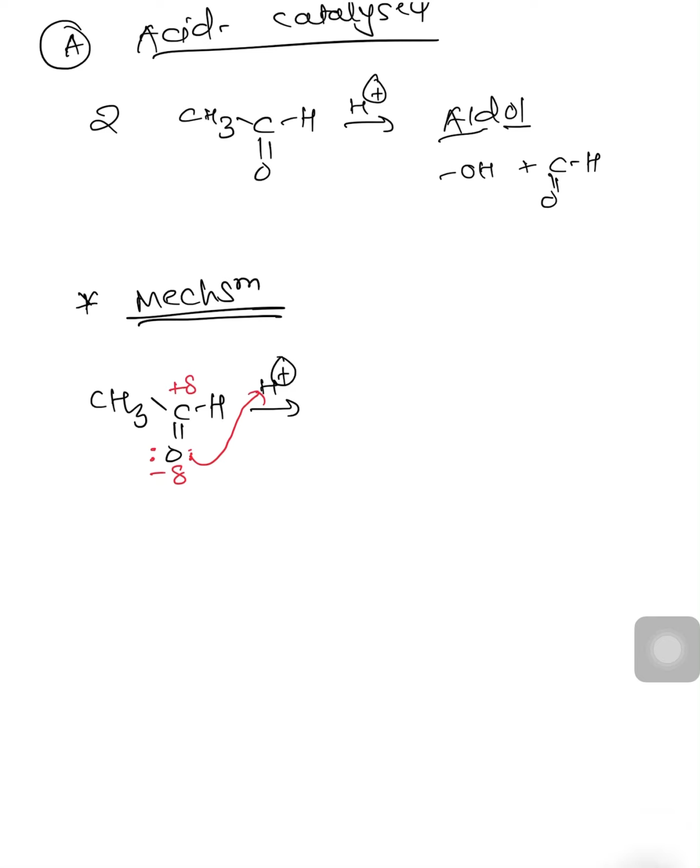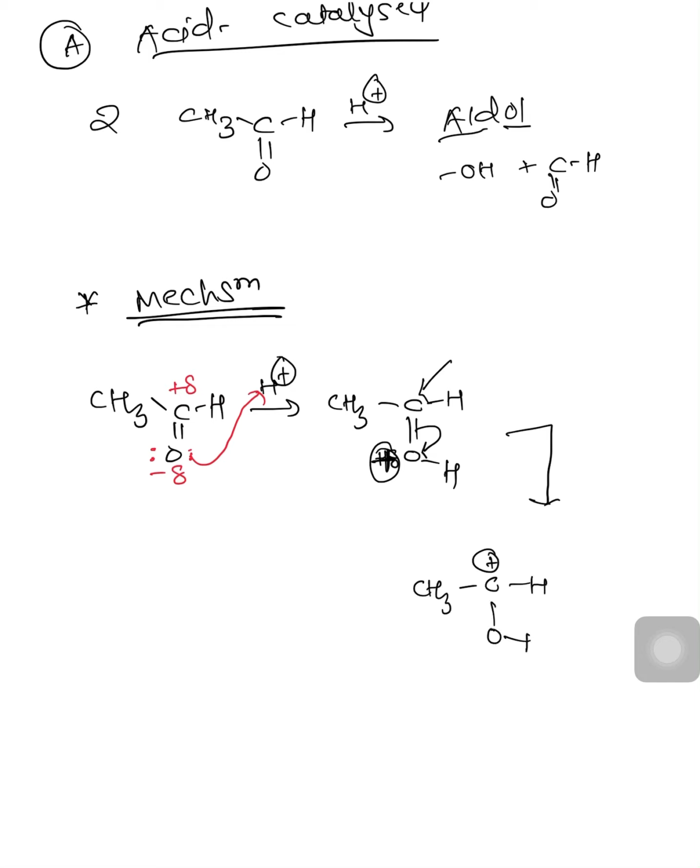When the electron pair shifts from oxygen towards hydrogen, there will be formation of a bond between oxygen and hydrogen, and as the electron pair has migrated from oxygen, now oxygen is electron deficient, so here we will write a partially positive, or we can say positive charge. Now positive charge on oxygen is unstable, so it will attract the electron from the adjacent bond and make this carbon electron deficient. So now the positive charge will migrate from oxygen towards carbon. So this is a carbocation. We represent it as A.